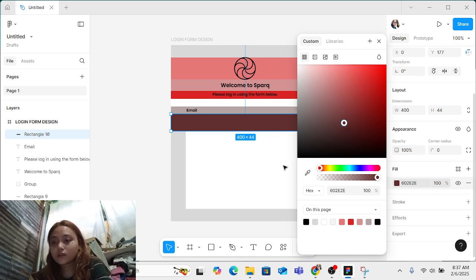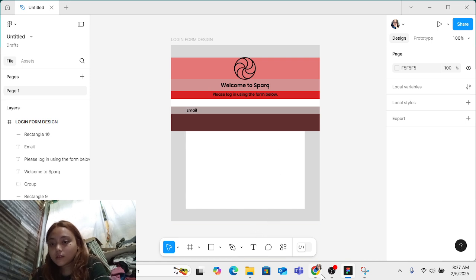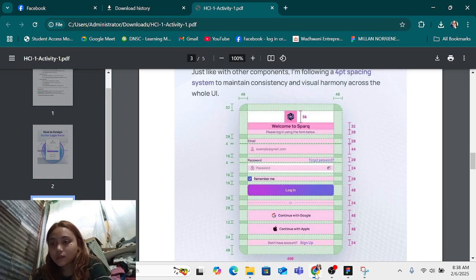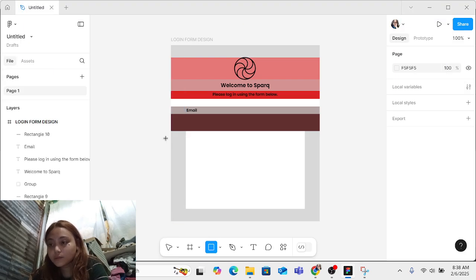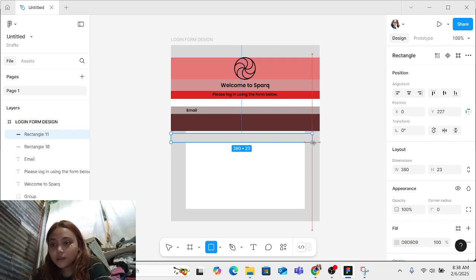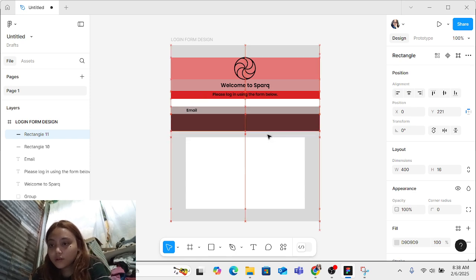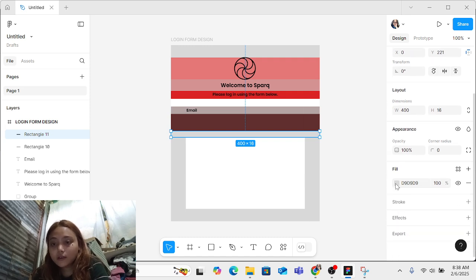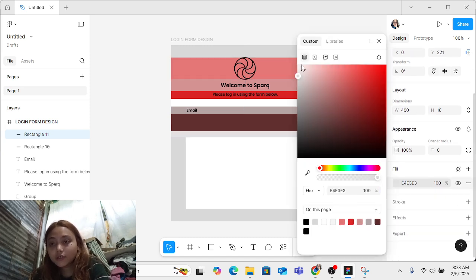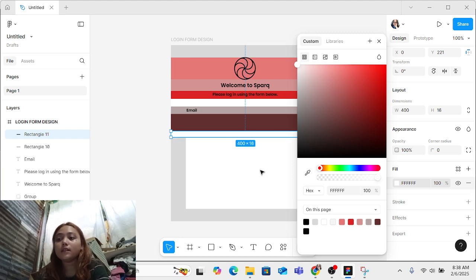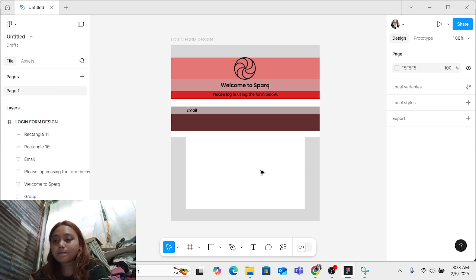So next is the space. So let's put another margin spacing, 216, and put it here. Same as we did earlier, we're gonna change it into color white. So we know that it's a space and not an input box or something that we can add text or a logo.